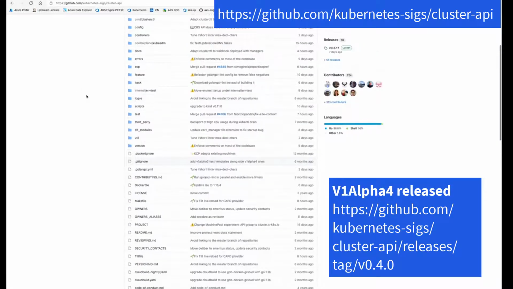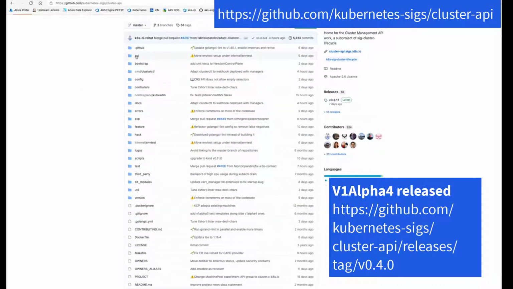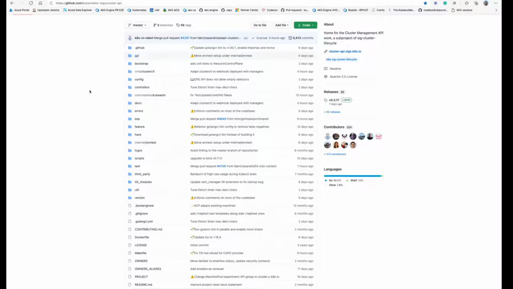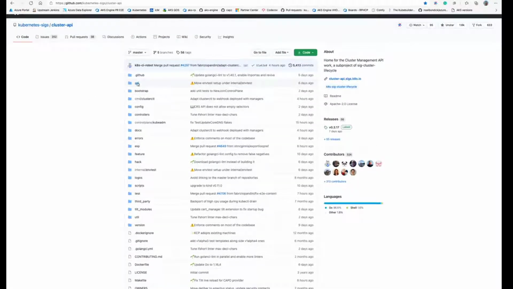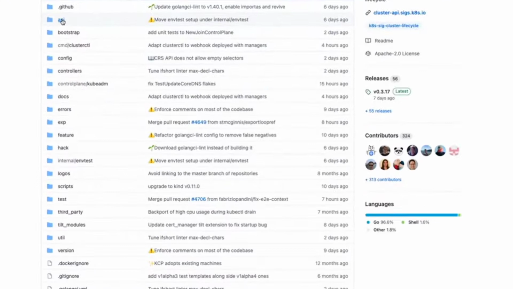What's important to know about that is that it technically means that the API can be changed or removed at any point in time. And that's really allowed the project to grow fast as it was first starting, and move